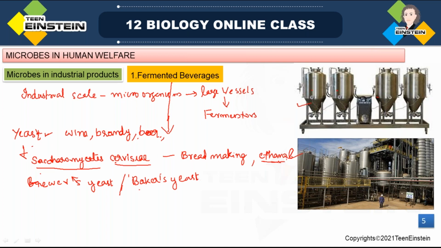These kinds of alcoholic drinks are produced with the help of Saccharomyces cerevisiae, and which product forms is based on the raw material being used. Based on which raw material is used for the fermentation, the final product, the end product, will be there.